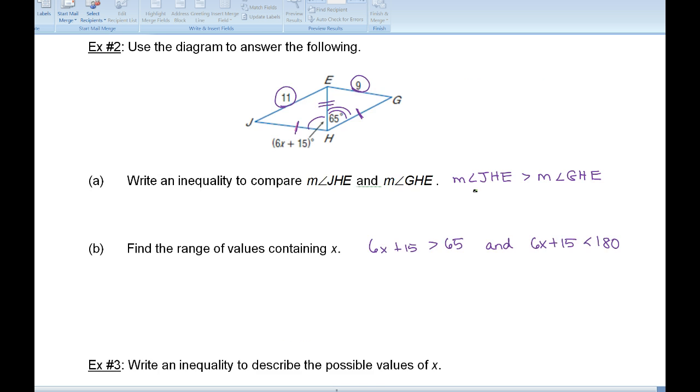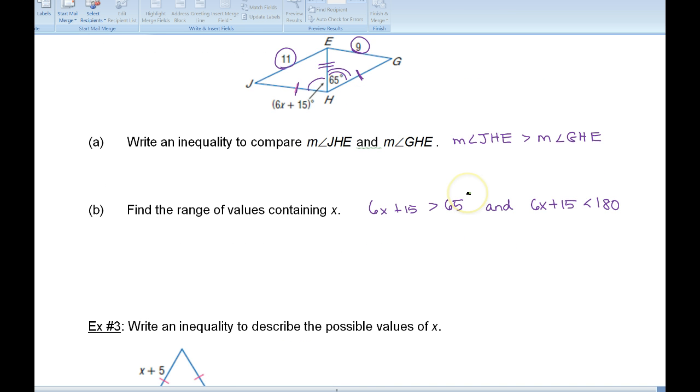Okay, we'll do some more examples. Would you prefer an improper fraction? Okay, 65 minus 15 is 50. So 6x is greater than 50, so x is greater than 25 thirds. And let's look at the other part. So 6x less than 165, and then when we divide,